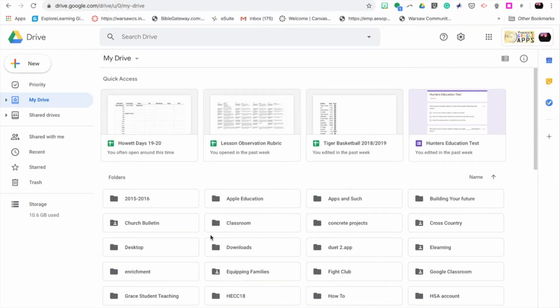I thought we would take a look at, for part 3 of our e-learning lessons, a really cool app that comes with Google, and it's called Google Meet. How Google Meet works is it's a virtual meet where you could set it up in your classroom so that the kids on their e-learning